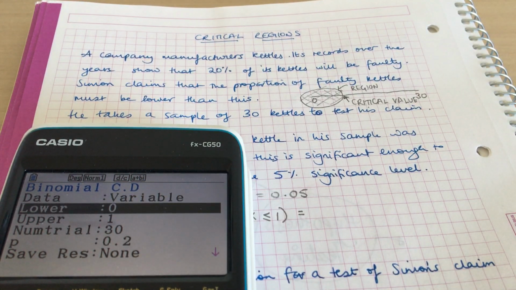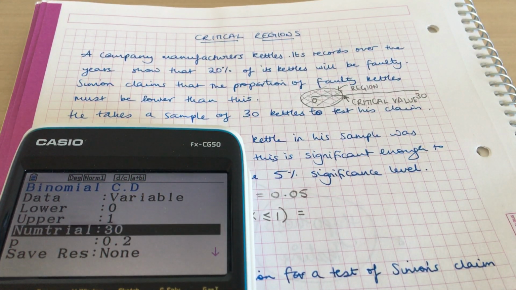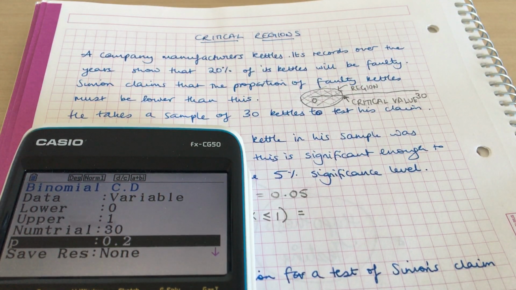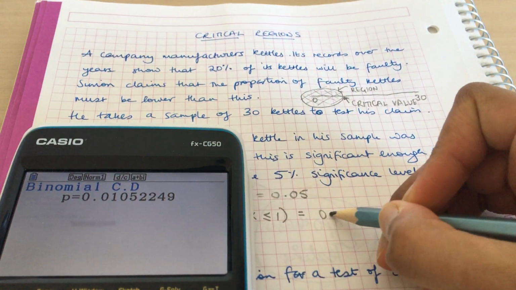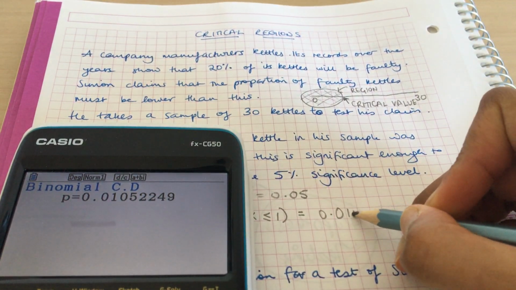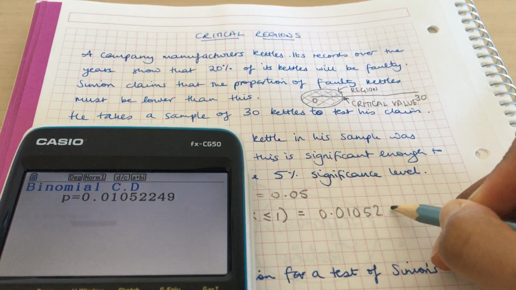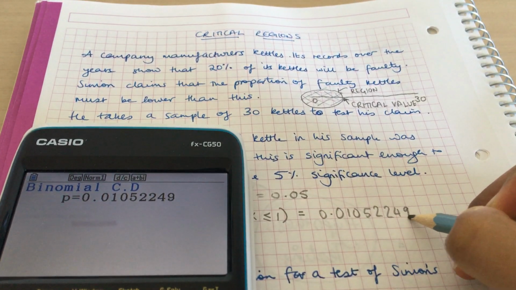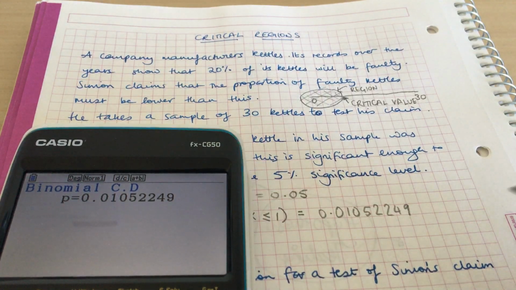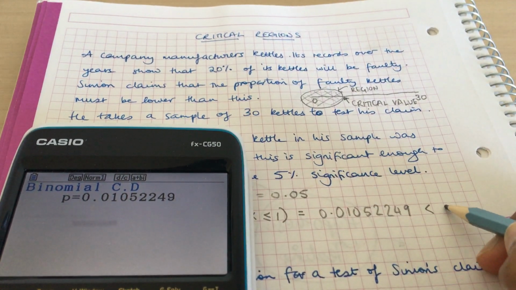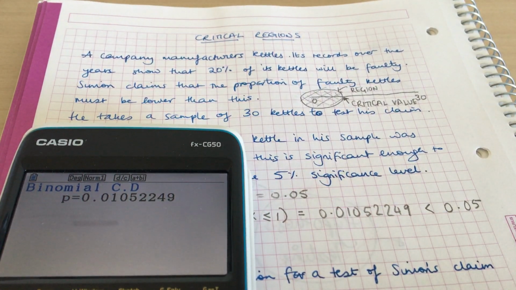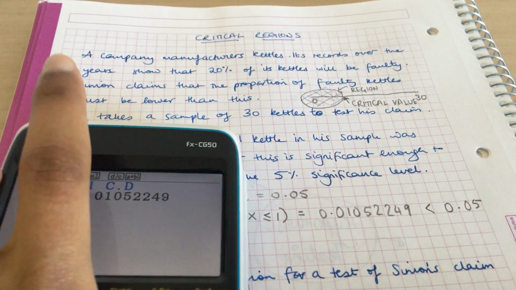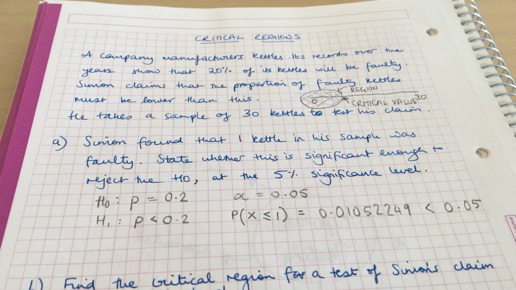The lower bound is 0, the upper bound is 1, the number of trials is 30 kettles, and the probability of success is 0.2. We press execute, and that comes to 0.010522249. Now this probability is less than our significance level, less than 0.05, which means we conclude